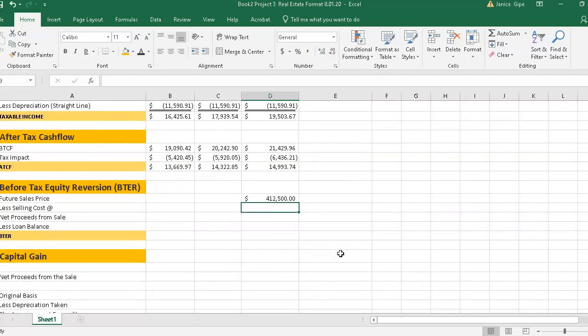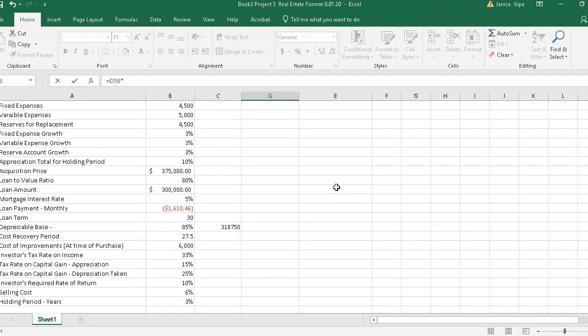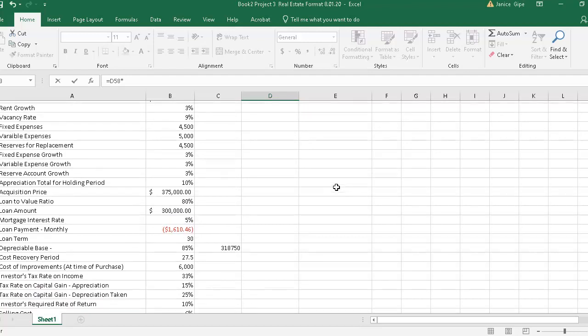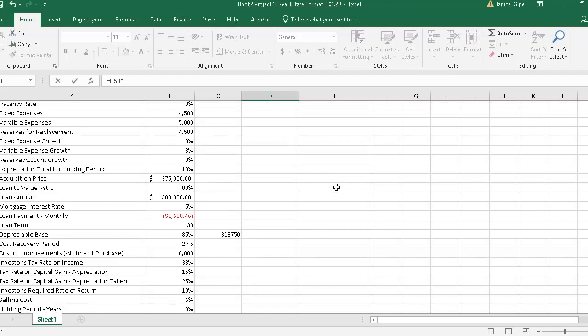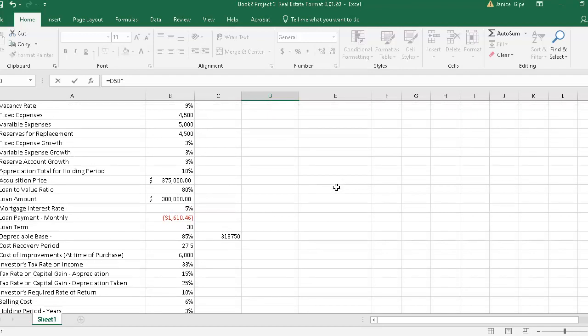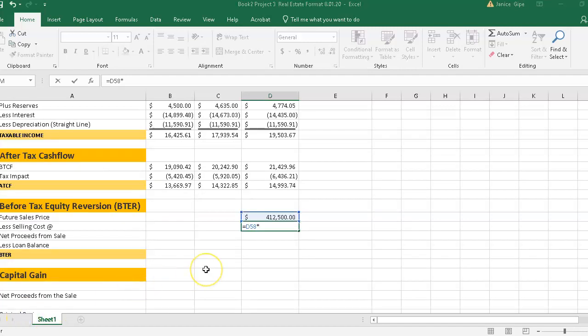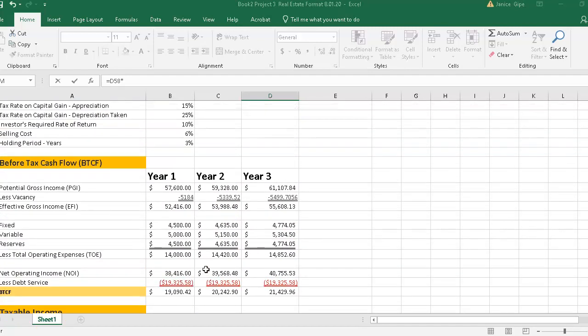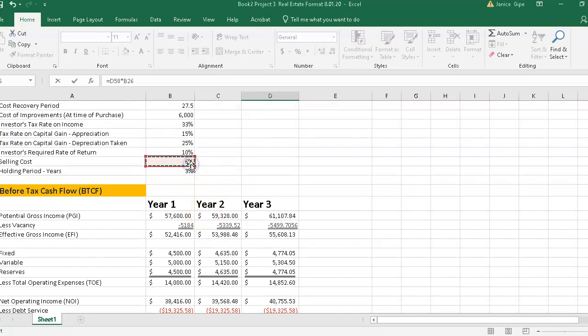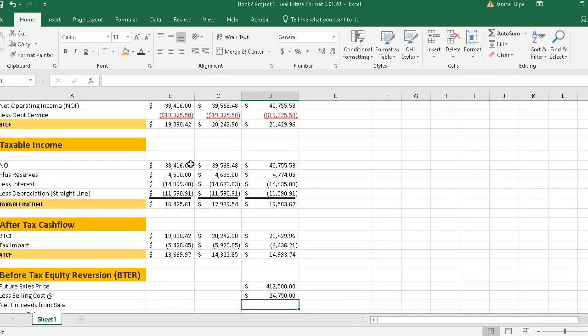And then less selling cost, which is equal to times the selling cost, which is right here, the selling cost of 6%, and we need to